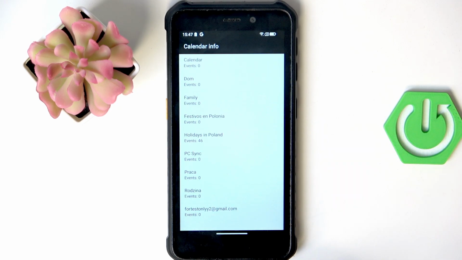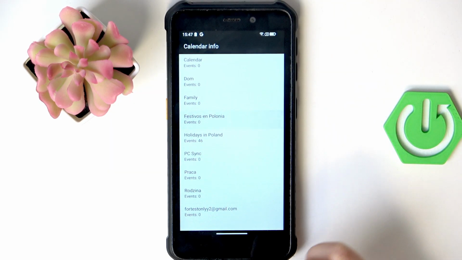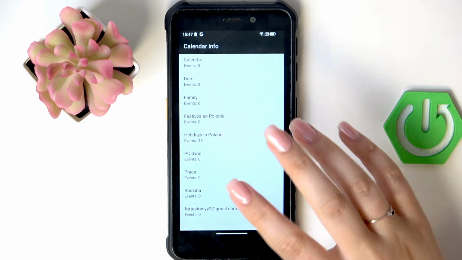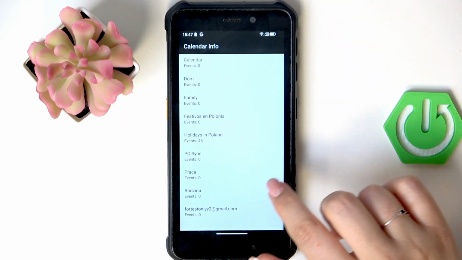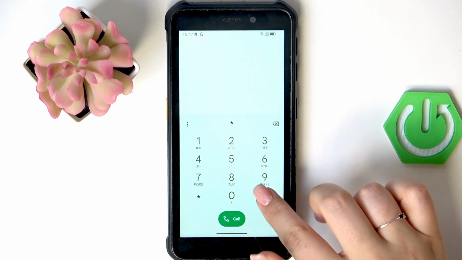*##225#*##. And here we are in the calendar info, so we can check the events gathered in one place. We can check some family events, holidays in your country, or events attached to your mail. Unfortunately, you cannot enter specific categories, but you can see and check the overall number of the events. Another code is